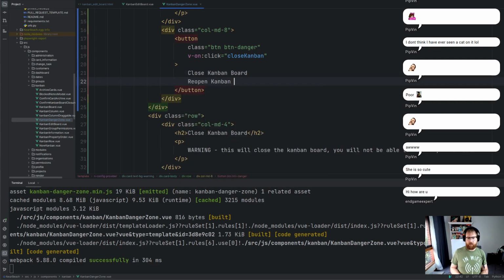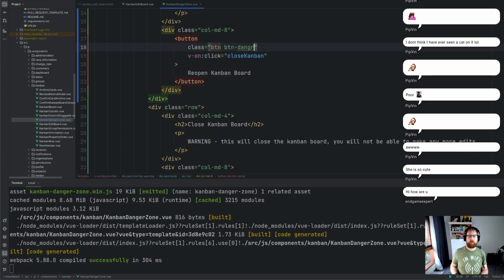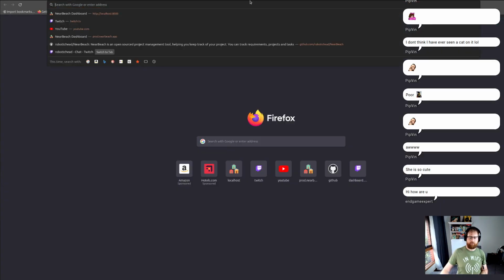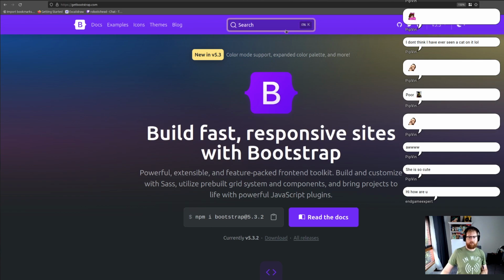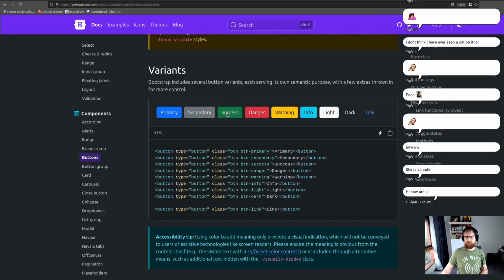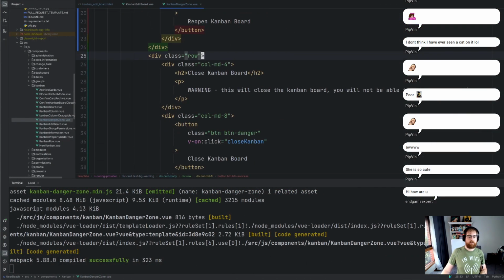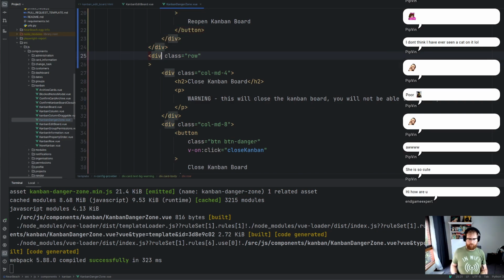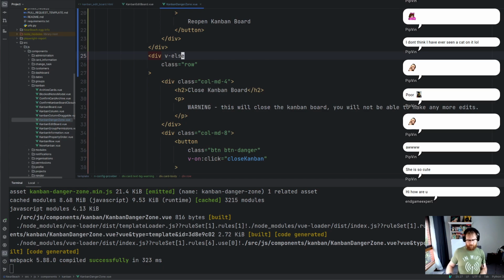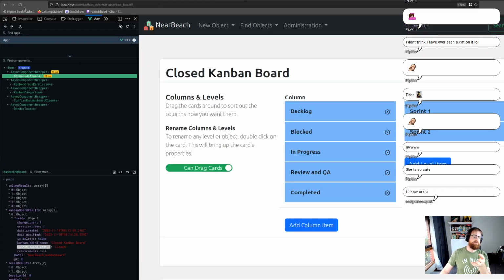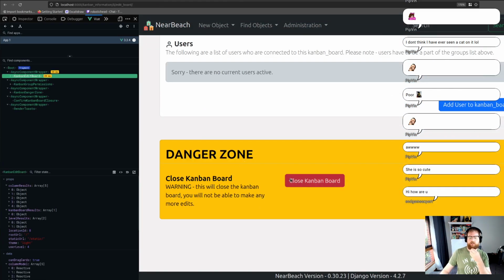Reopen Kanban board. All right, and this is not going to be button danger. This is going to be button success. I can actually have a look at the buttons. I think success will work in this sort of case. So this down here, we'll just have a v-else, because if the Kanban board is open, we want the ability to close it. So if we go over here now and hit refresh,